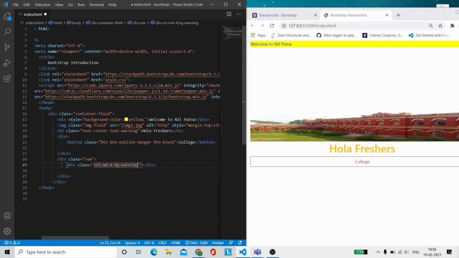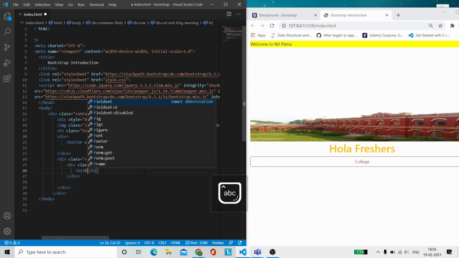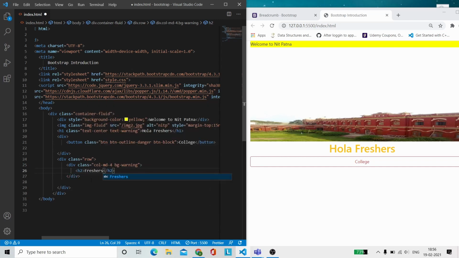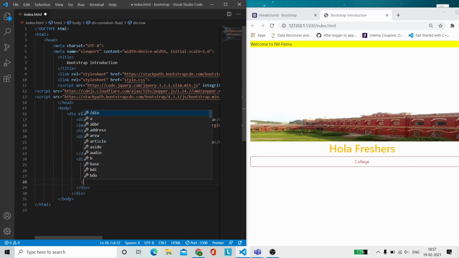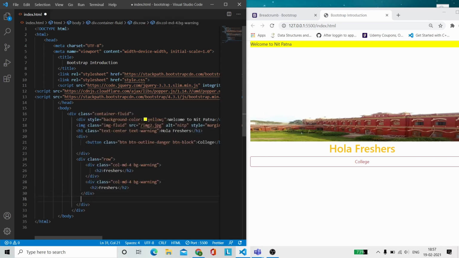Let me give it a text of, say, freshers. Since 12 divided by 4 is 3, I want to have 3 different cards over here, and I want them to occupy 4 relative columns each.